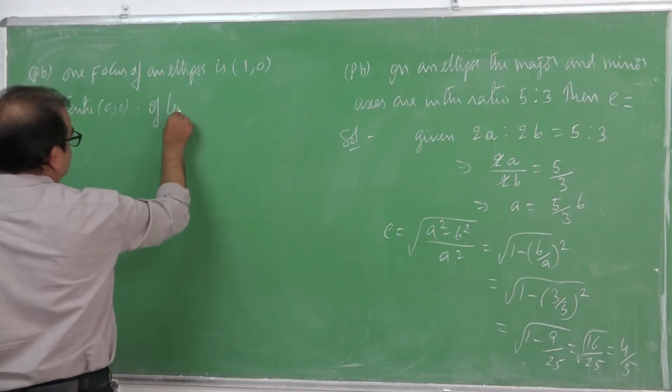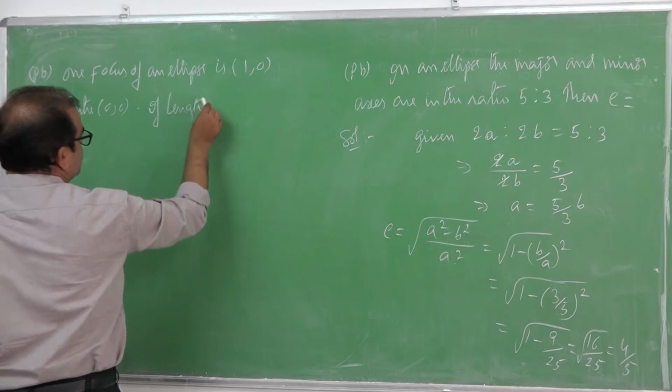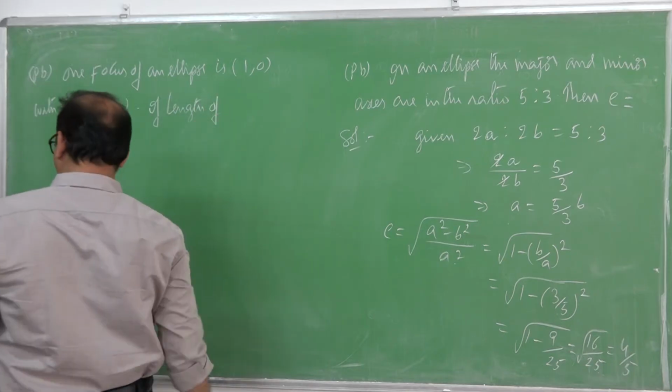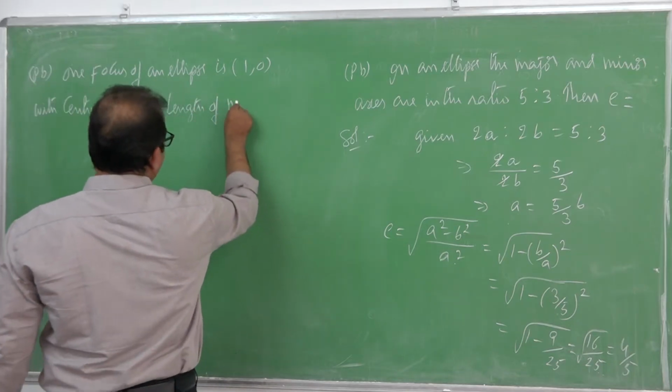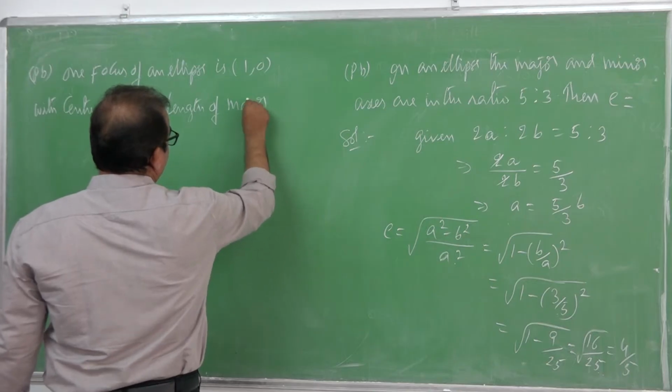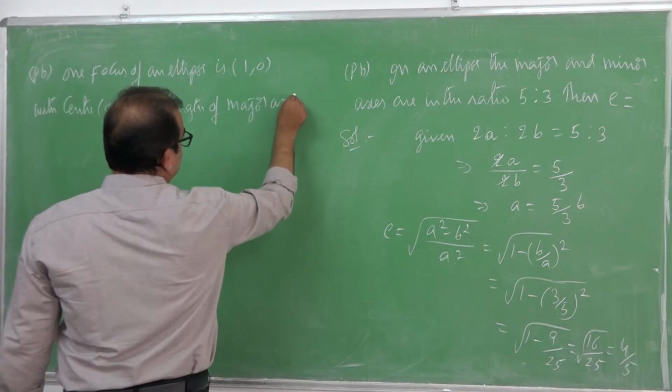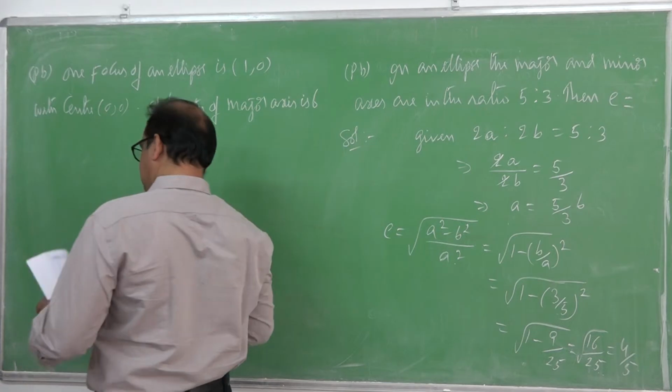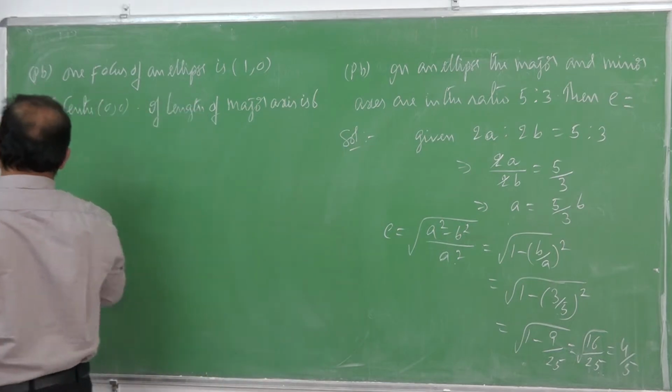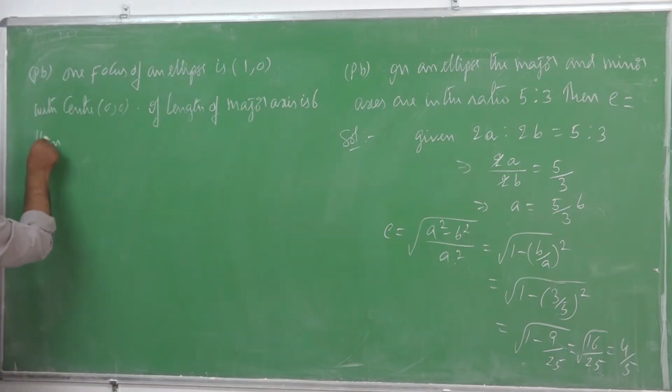If length of major axis is 6, then eccentricity e is equal to